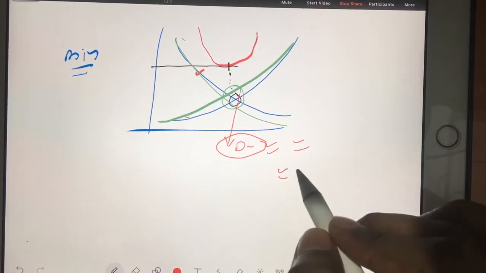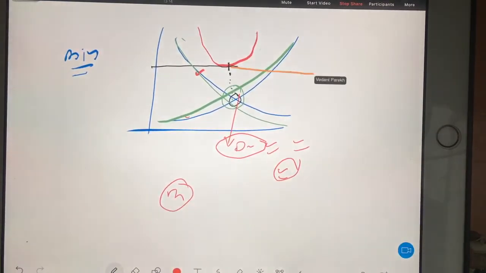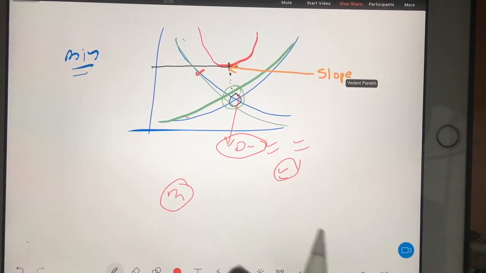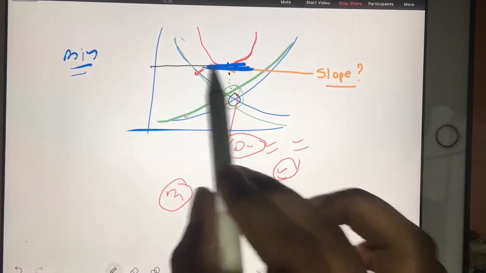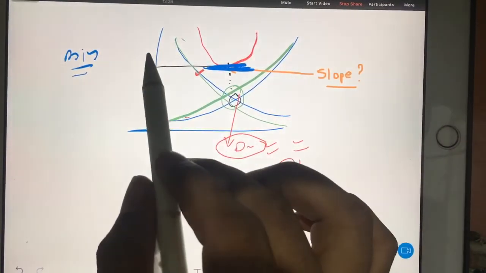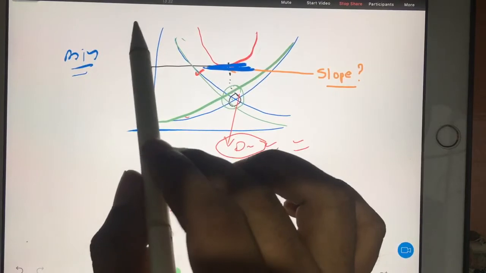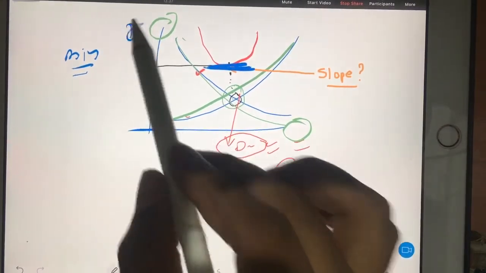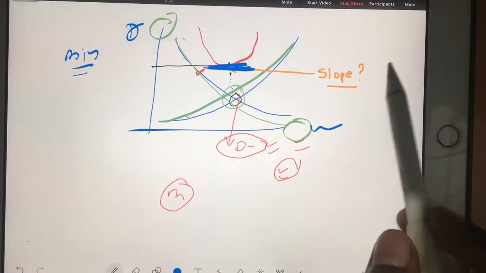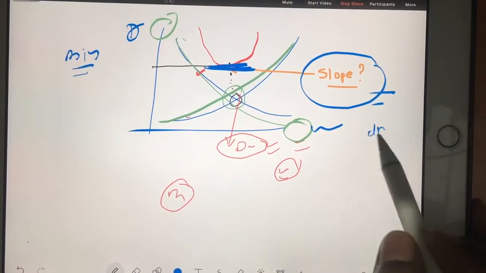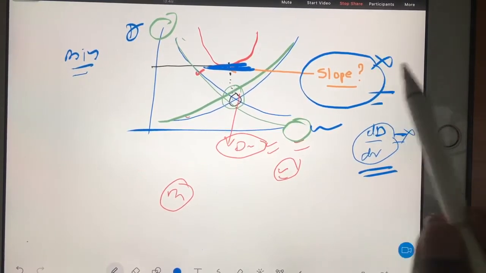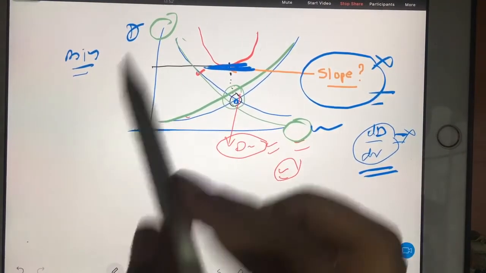In the same way there is something called the minimum power condition. So what about the minimum power condition? What will be equal when we are talking about the minimum power condition? Of course, the slope is zero. So which slope are you talking about? In this graph, in which two axes is this graph done? This graph is done between drag and velocity. So actually we don't have to bother about the slope, because dD by dV is not giving you any physical feel here. So why bother about the slope? That's why we don't discuss the slope, we only discuss the coordinate here in terms of minimum drag.